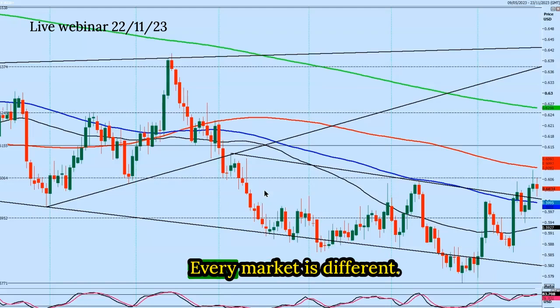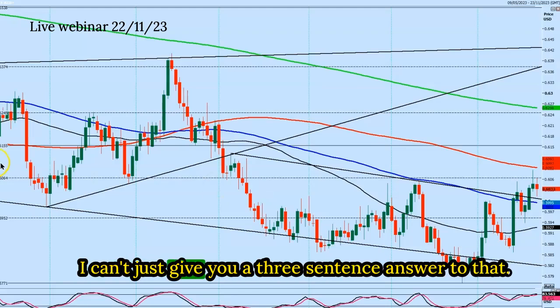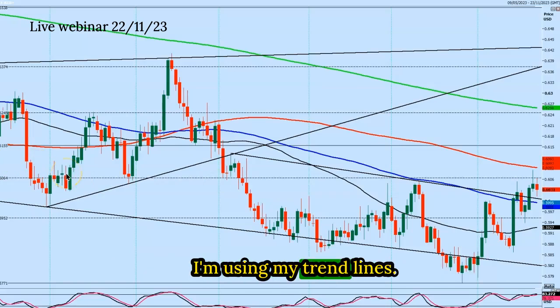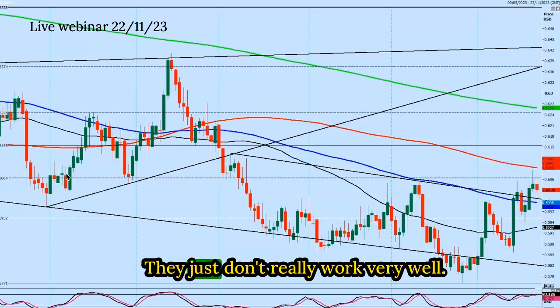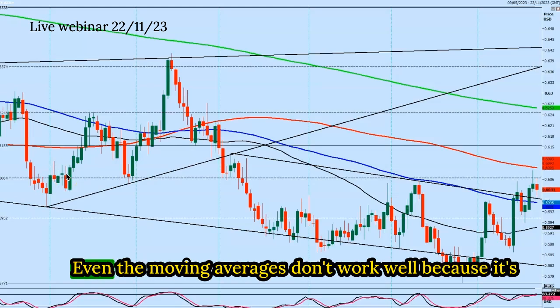Do you know what? Every market is different. I can't just give you a 3-sentence answer to that. I'm looking for a pattern. I'm using my trend lines. The Fibonacci levels go out the window in a sideways market. They just don't really work very well. Even the moving averages don't work well because